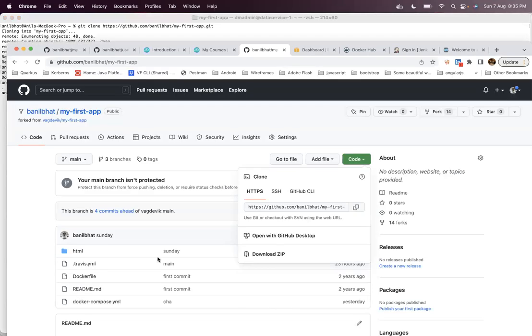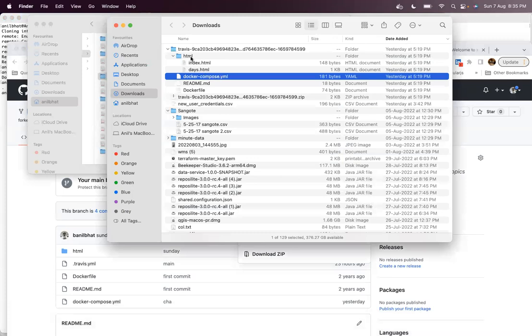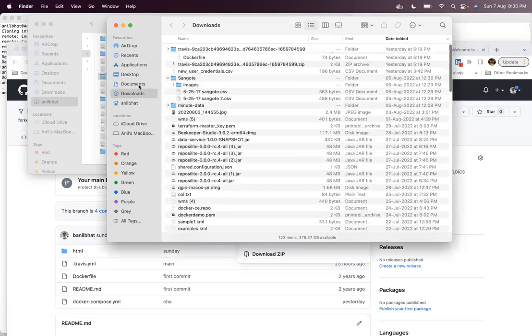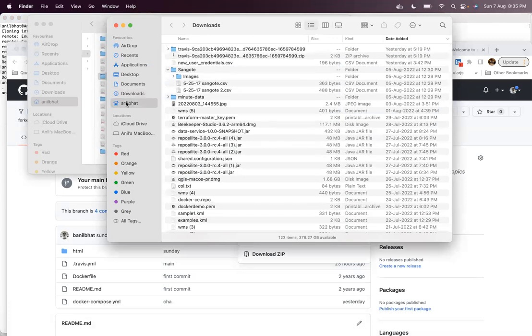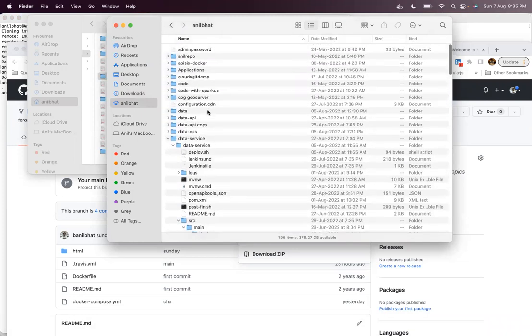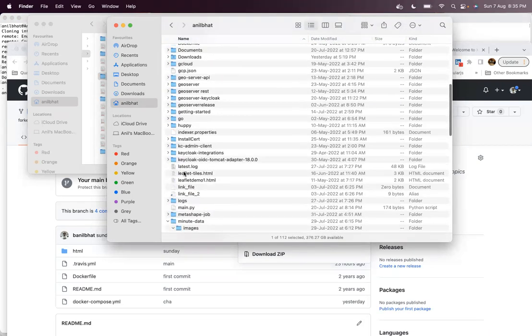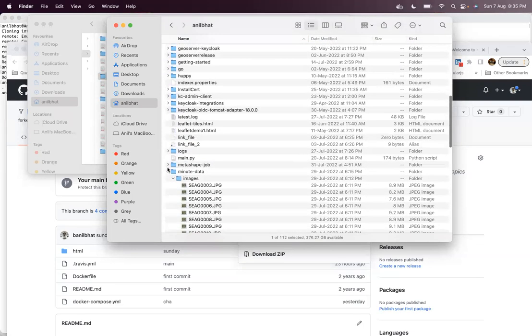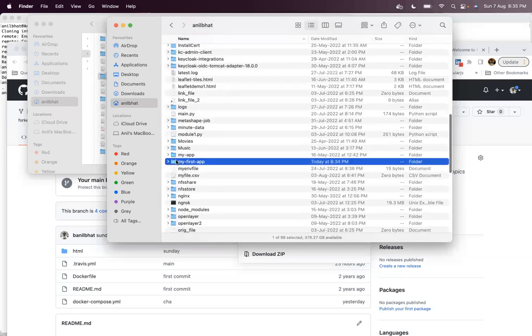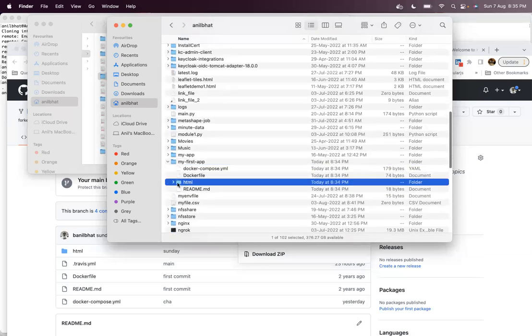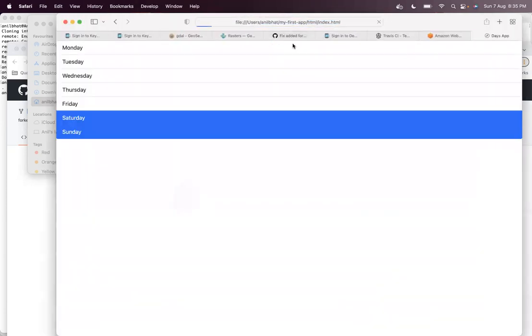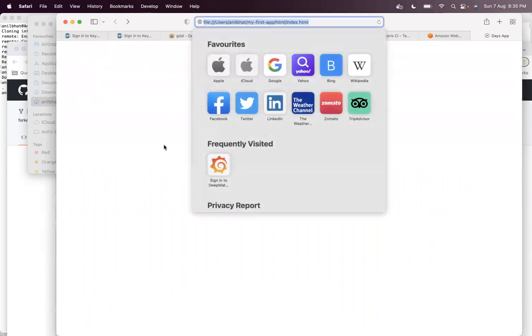You can just go to the folder and double click on the HTML page, my first app. HTML, and you can just go. So you can just run this application by going to the file.